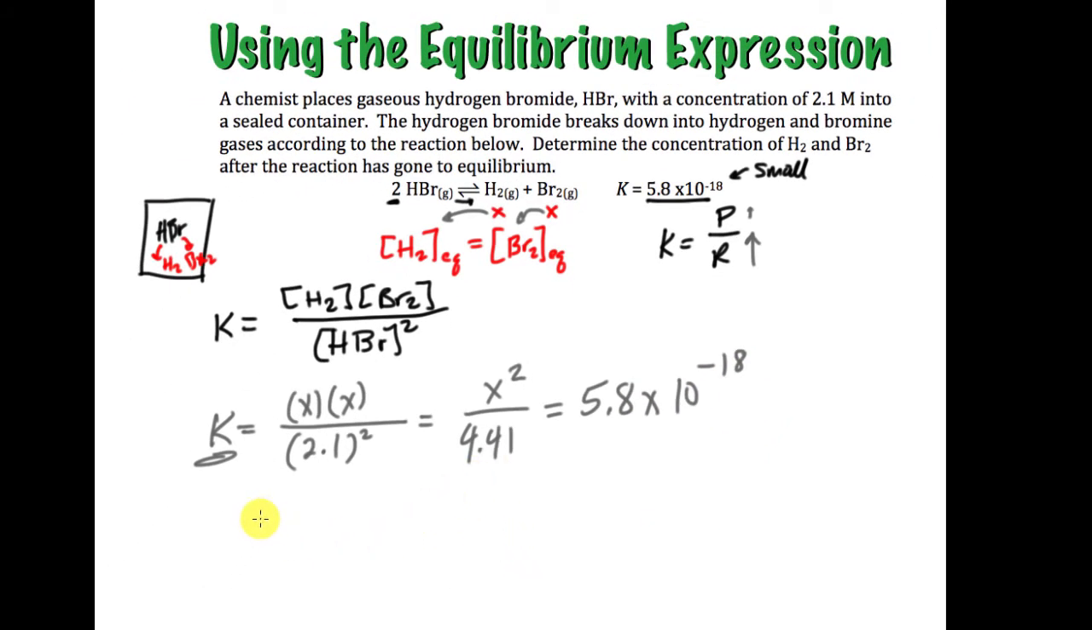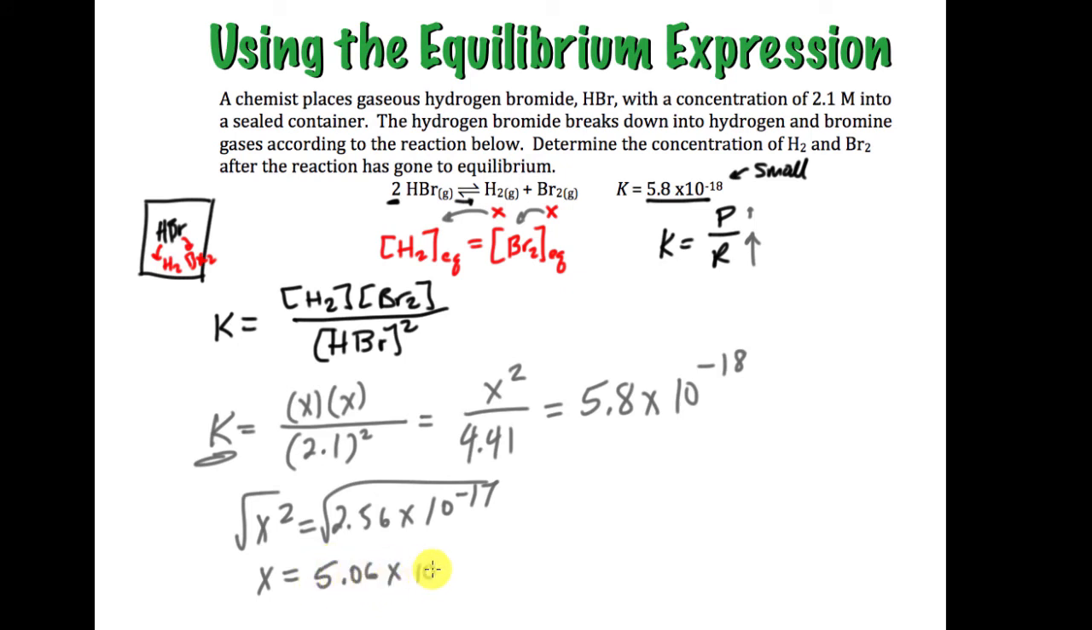So it's going to leave me with x squared, and x squared comes out to be, if I multiply these two out and I bring the 4.41 over, equal to 2.56 times 10 to the minus 17. And that will leave me with x by taking the square root of both sides, and the square root of that is going to leave me with